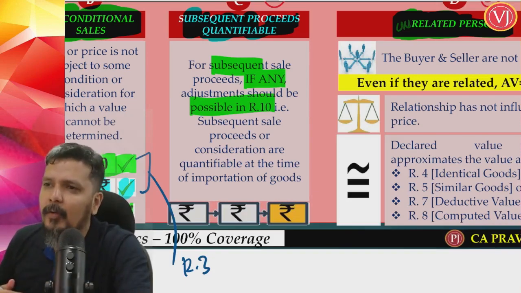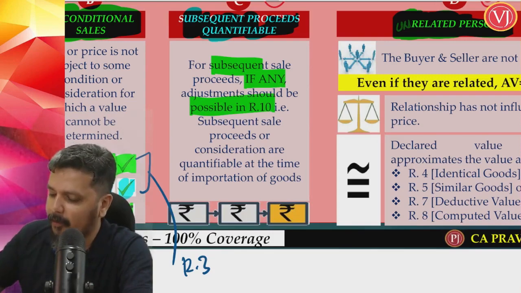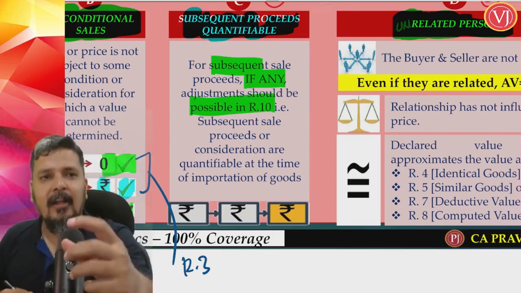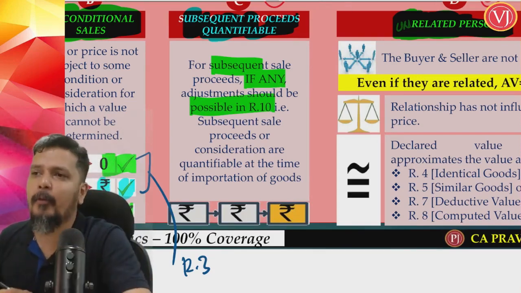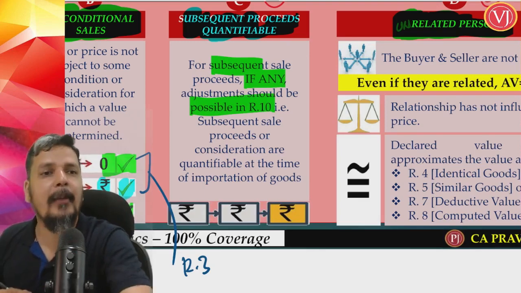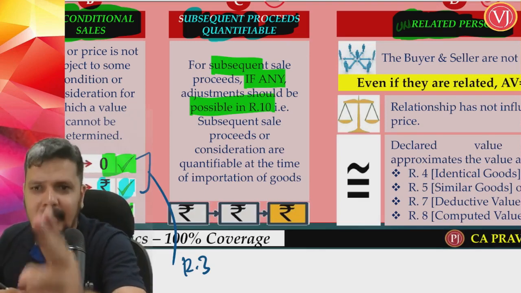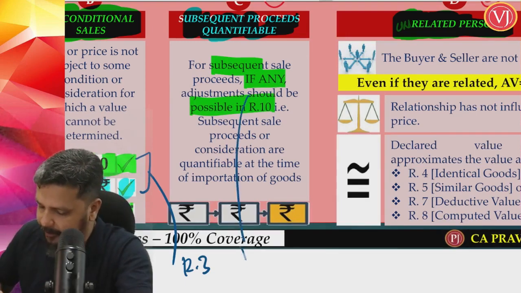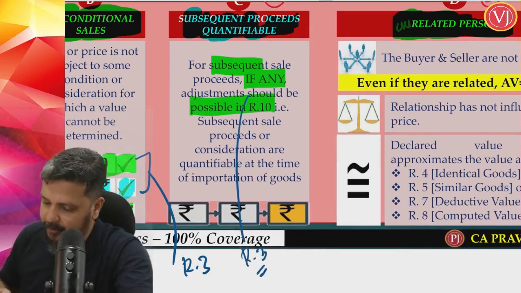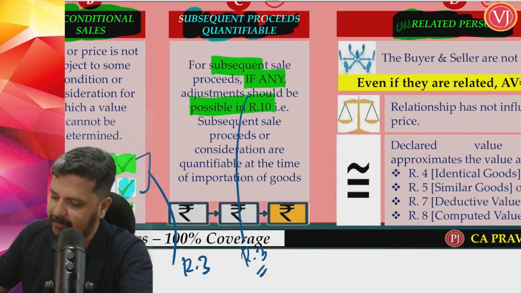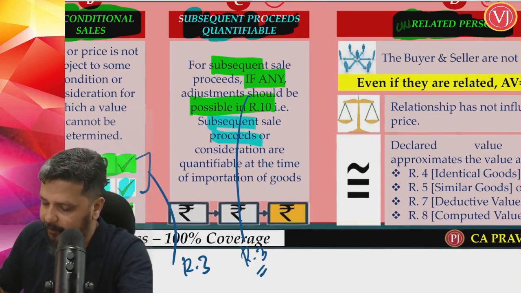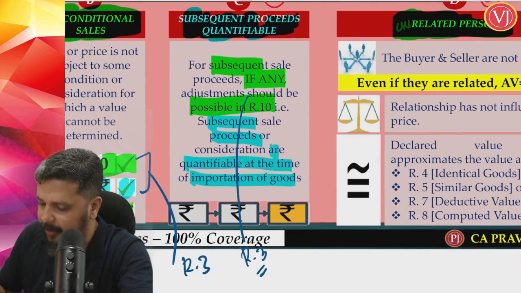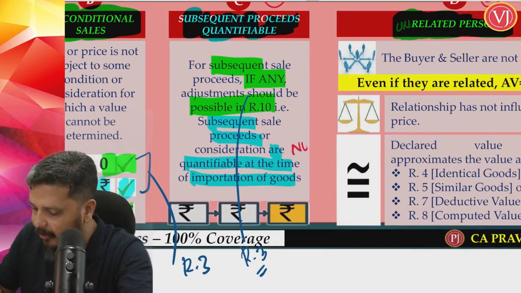Supposing you are going to give a subsequent sale proceeds, which you know the value. Now I am going to pay 1 lakh. Later on I am going to pay 20,000. You know the value. Don't worry. Be in rule 3. But if there is a subsequent sale proceeds which are not quantifiable,